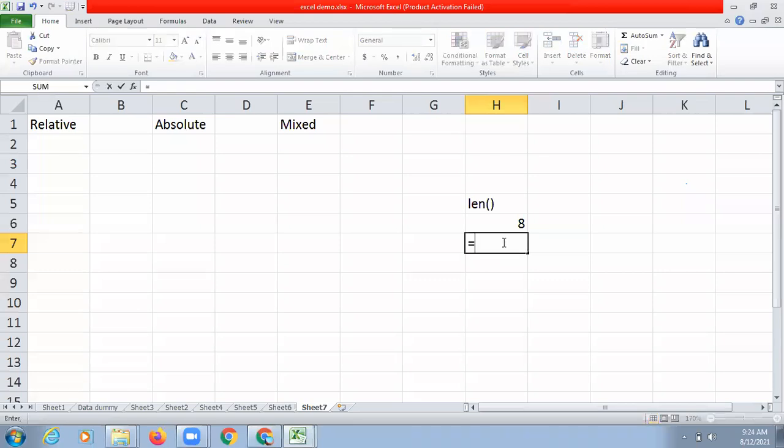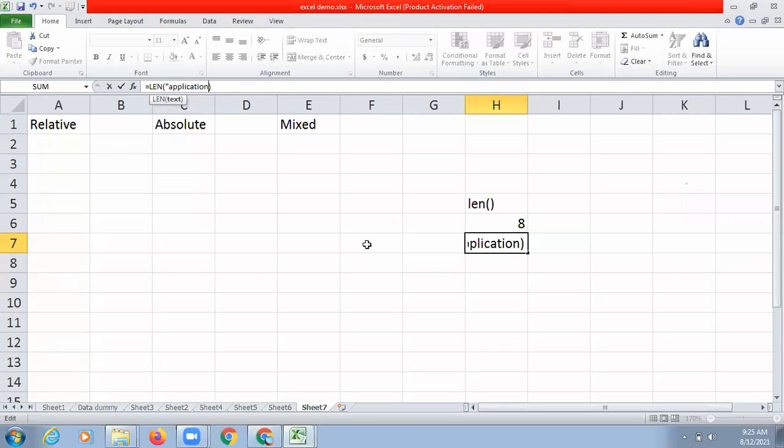Now we can also apply this function in this way: len bracket start. Here I can write my text, let's say application, close it, enter. Sorry, if you are writing the word directly, then you have to put it in double quotes.